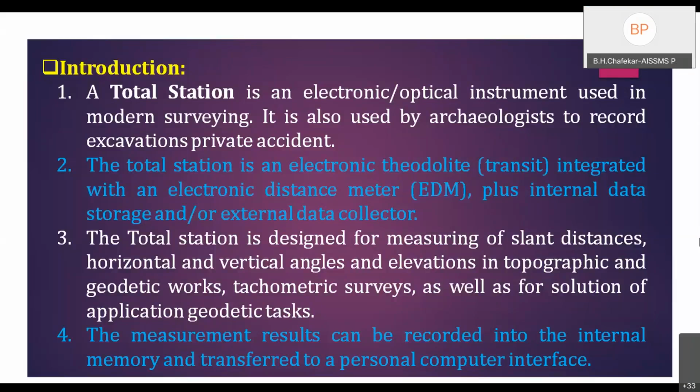The total station is nothing but an integrated unit built for measuring horizontal distance, slant distance, nothing but a sloping distance, various types of angles, vertical angle, horizontal angle, and distance from far away. Total station is an electronic theodolite integrated with an electronic distance meter plus internal data storage and external data collector. The total station is designed for measuring various types of